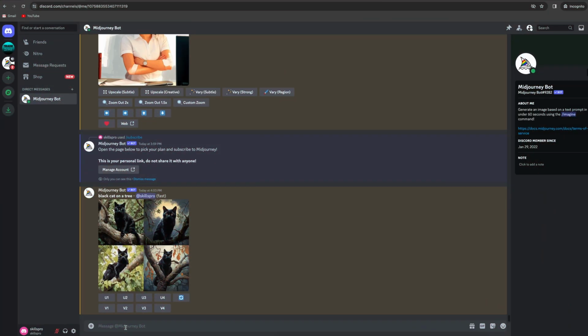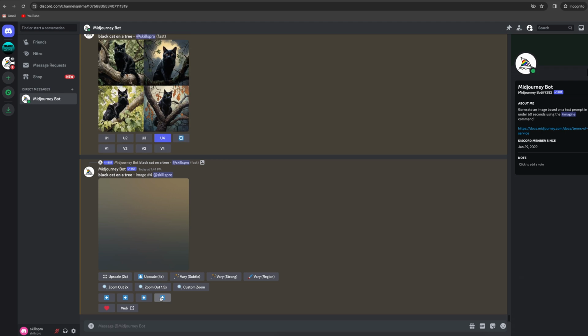Let's get back to the image Midjourney generated for us. We see here that Midjourney gave us 4 versions of the image. If you like one of them, first you gotta upscale the picture. The top row of buttons is responsible for this. Each button matches the number of the image. The U1 button is for the first image, U3 is for the third one, and so on. Let's say I selected the third option, so I'll hit U3. Boom! The image is enlarged.